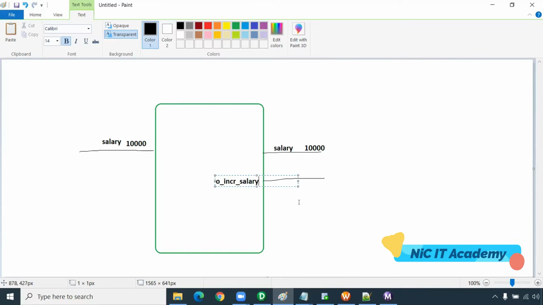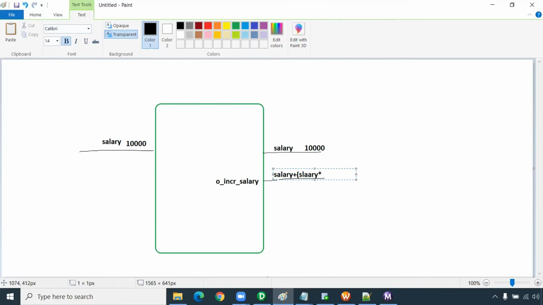So O underscore salary gets the logic salary plus salary into 0.1. It's just one simple logic here. If the salary is 10,000, the new salary will be 11,000. If you are creating any port as a variable port, like variable salary, this port you cannot take outside.